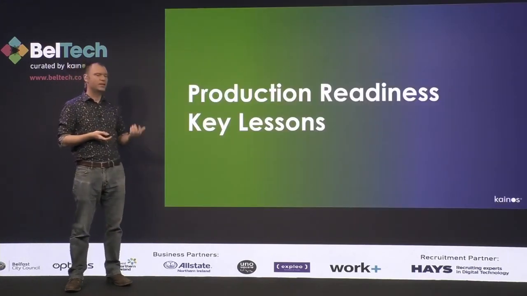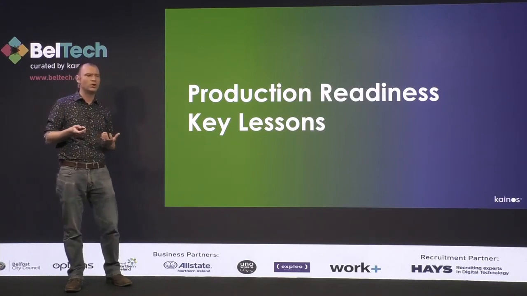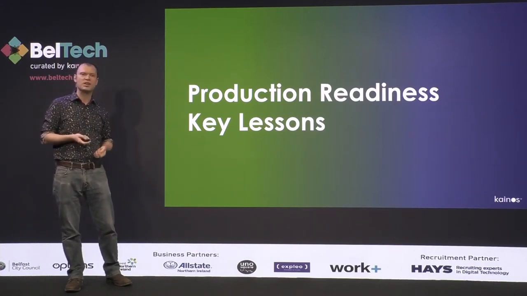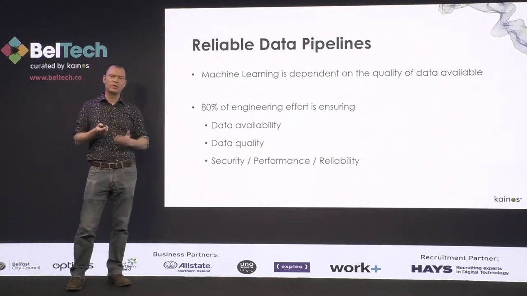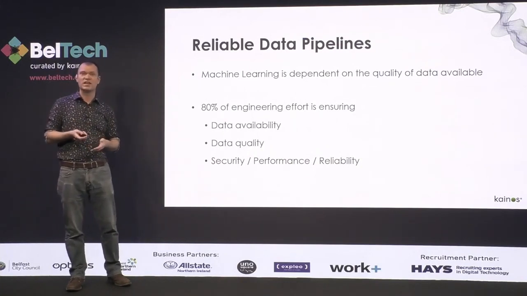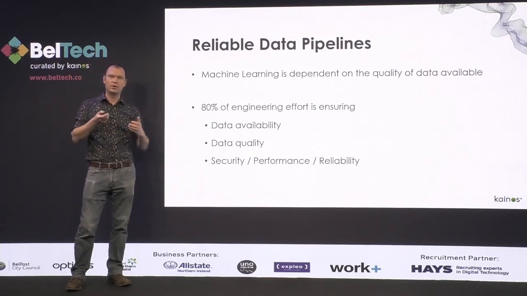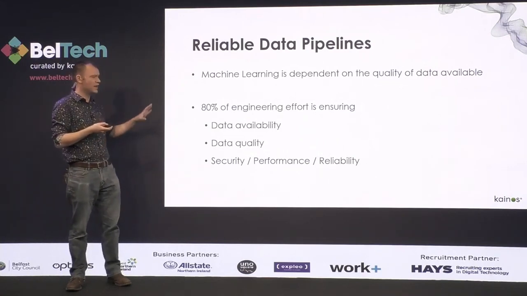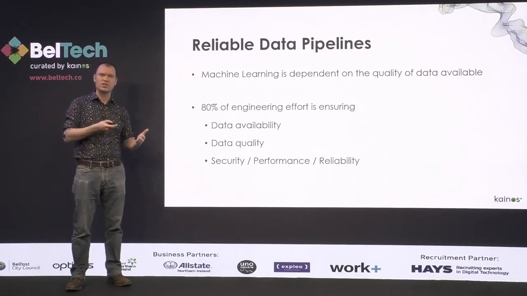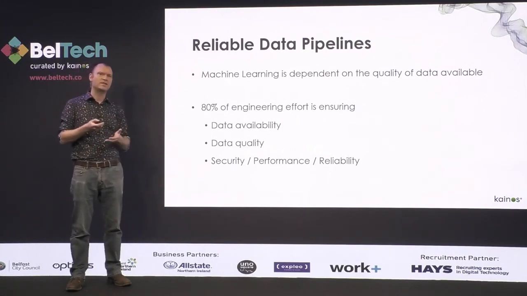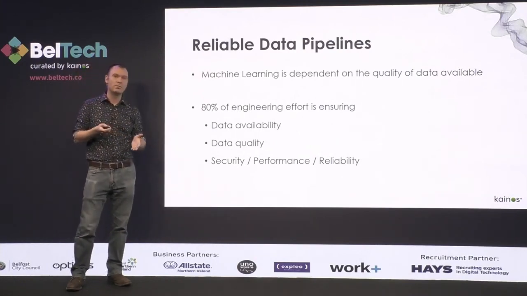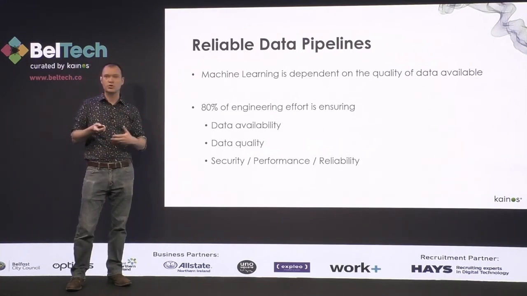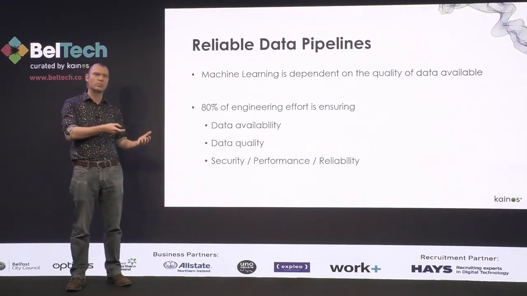And so then just to finish up, I want to talk about some of the key lessons, the key takeaways for us in terms of building this process. Reliable pipelines of data are really key to making a machine learning effort a success. The vast majority of your engineering effort goes into getting all of those files into the state where you can process them and develop a good model, getting the data available, and then also the data quality. As an example on the data quality point, something like duplicates, duplicate file content, things which can skew the performance of the model.